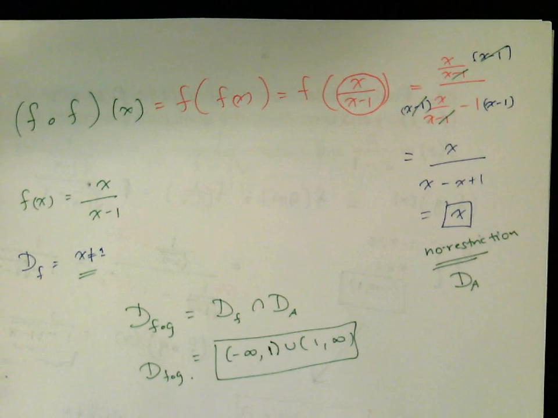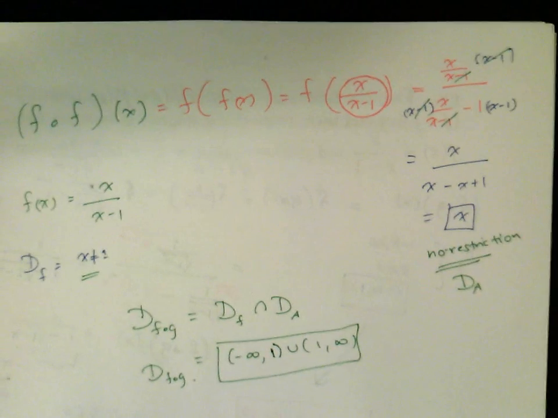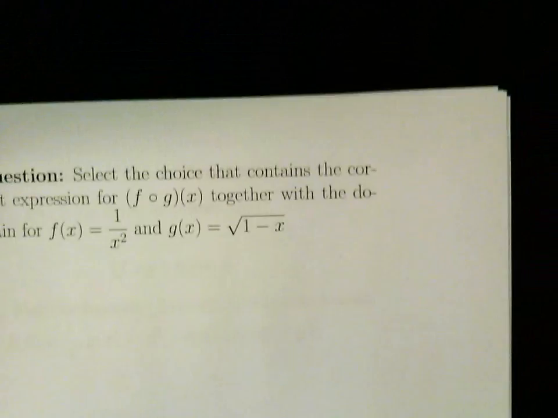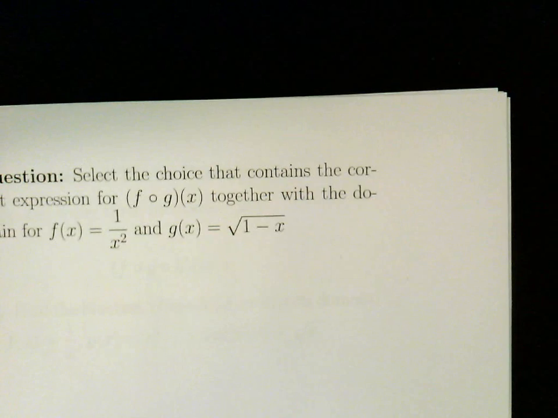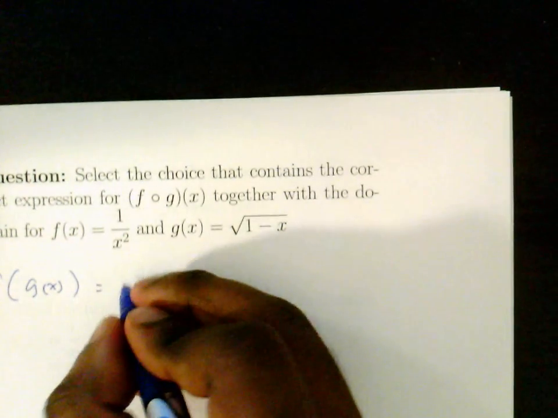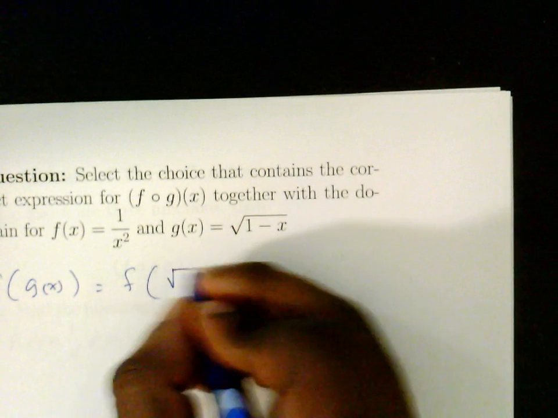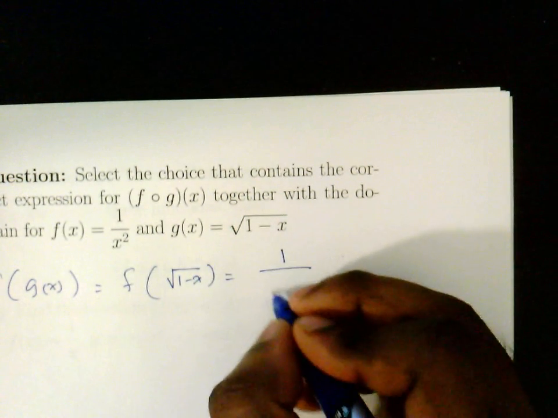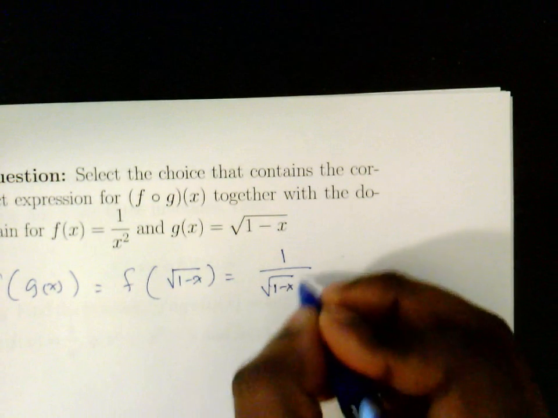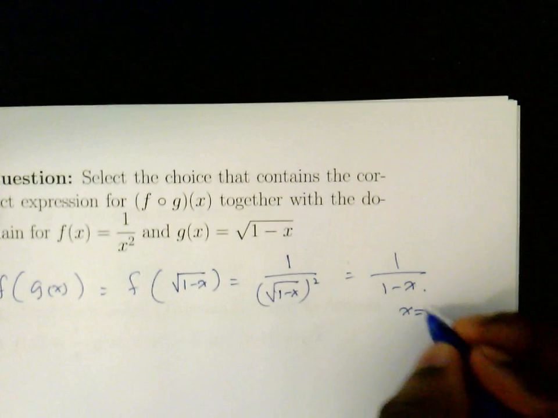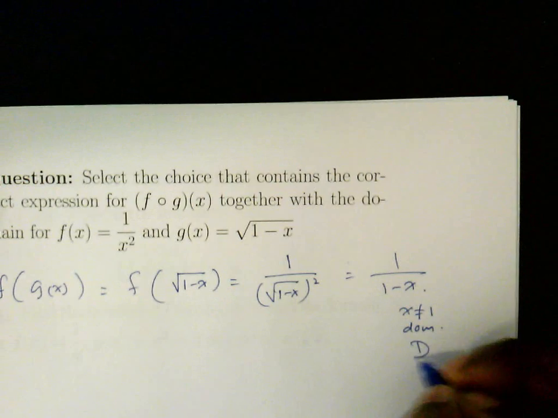Okay, so let's do one question and move on to the next section. All right, so I hope you got that right. The idea is very similar. f of g of x is equal to f of square root of 1 minus x, and that would be 1 over, when you see x you plug in 1 minus x, so 1 over 1 minus x. The domain is x not equal to 1 here for f,